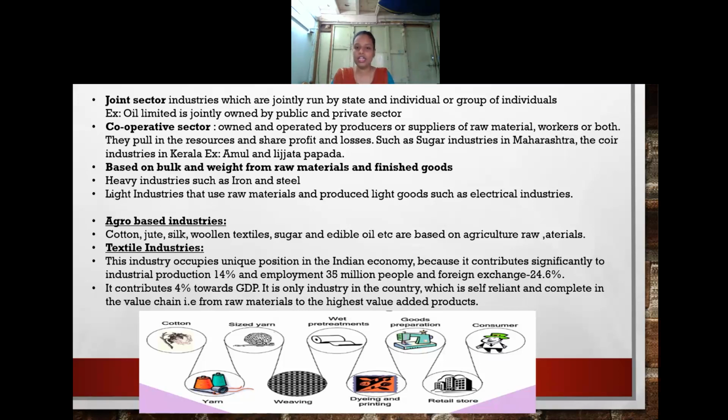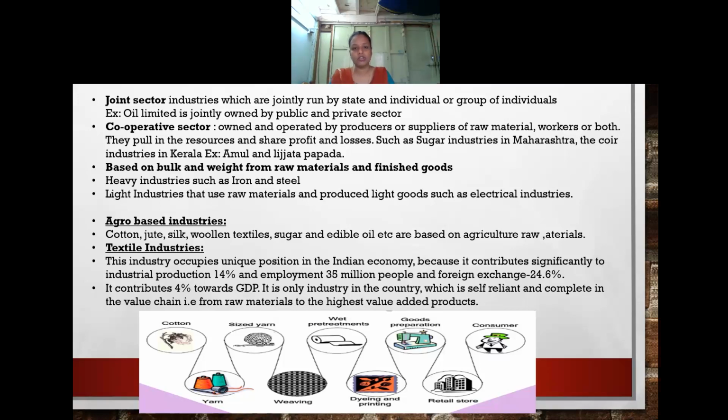It is the only industry in the country which is self-reliant and complete in the value chain, that is, from raw materials to the highest value added product. Okay, so these are the main points you have to remember. If they ask you to write a short note on the textile industry, you have to write all these numbers. Of total industrial production, 14% takes place under the